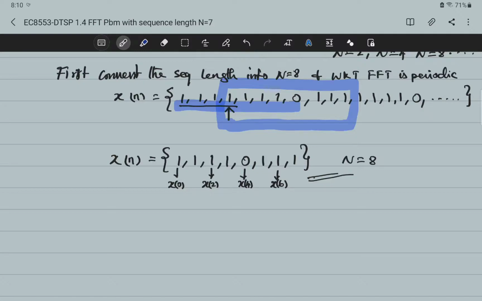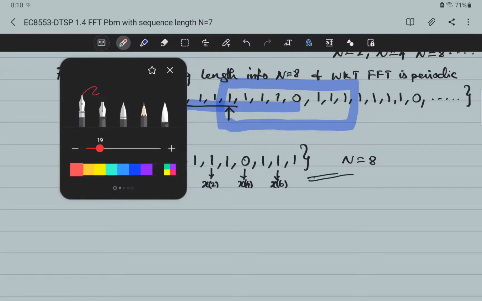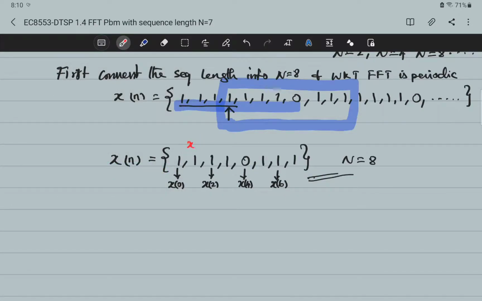Since we are going to use bit reverse order, this one is your odd sequence x1, x3, x5, x7. So now bit reverse order is used in the problem. What is bit reverse order? It is nothing but x0, x4,